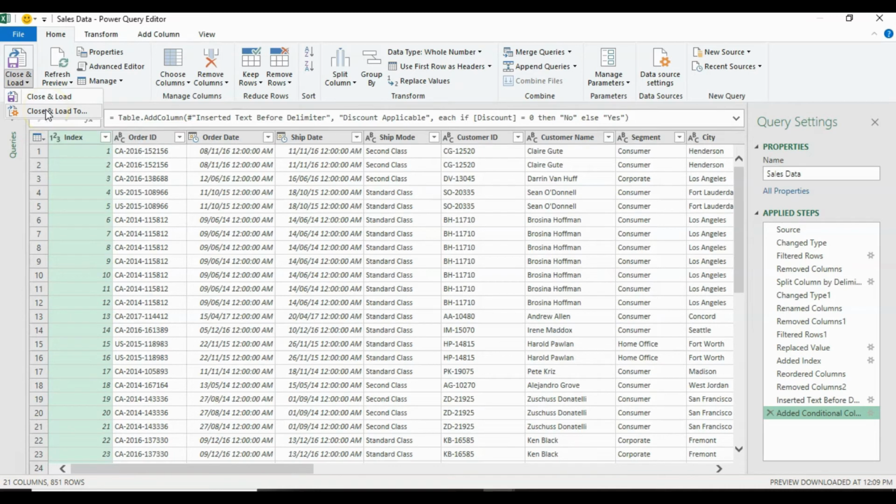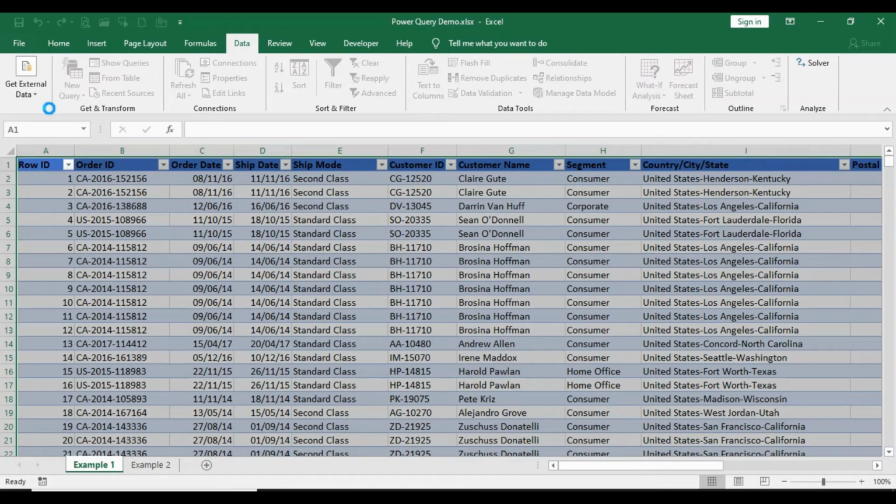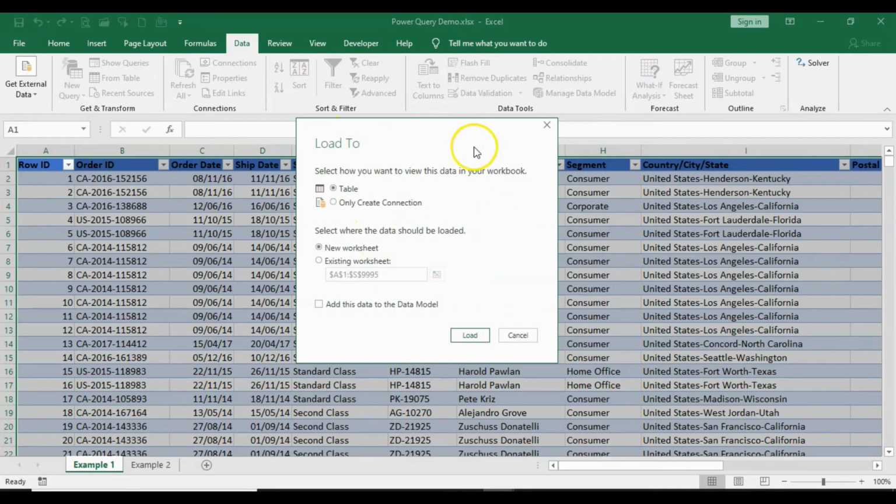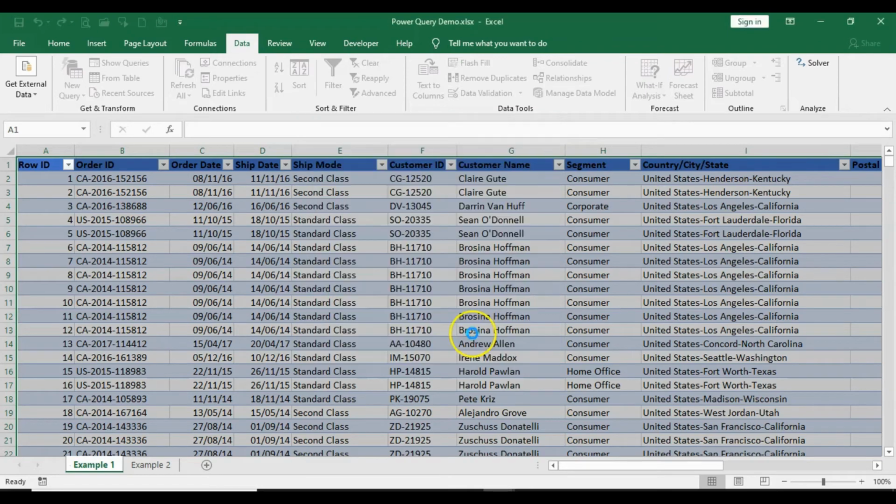So the first time when you're going to close and load to, we have many options. If I click on close and load to, it will give you options whether you want to load the transform data into a table, or you just want to keep it as a temporary storage holder without showing that anywhere in your workbook, which is only create connection. So in that case, let us see the transform table. So I'll say table, and I will say in a new worksheet. And when I say load,